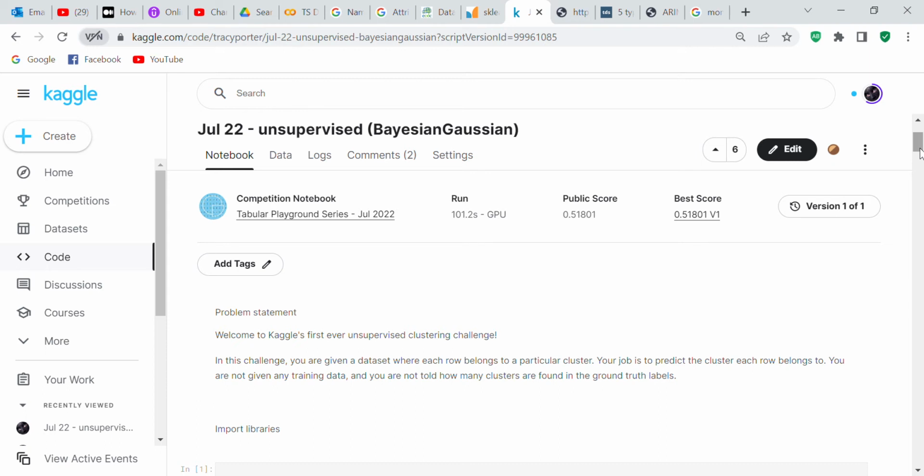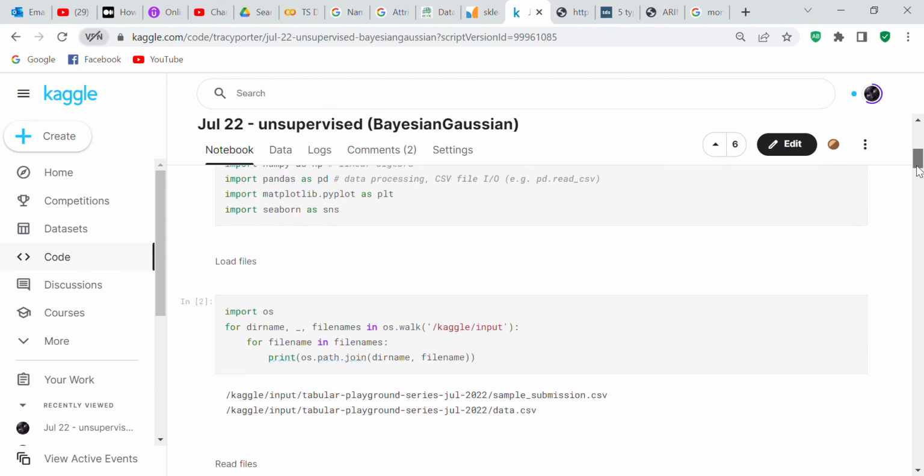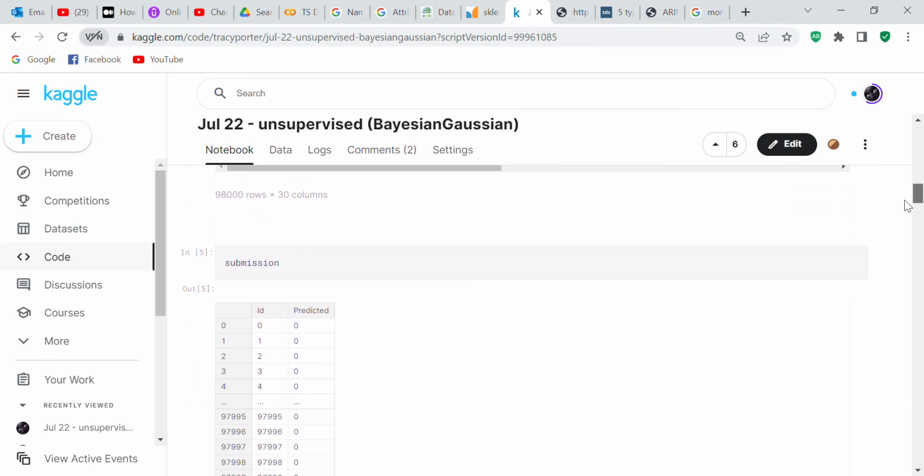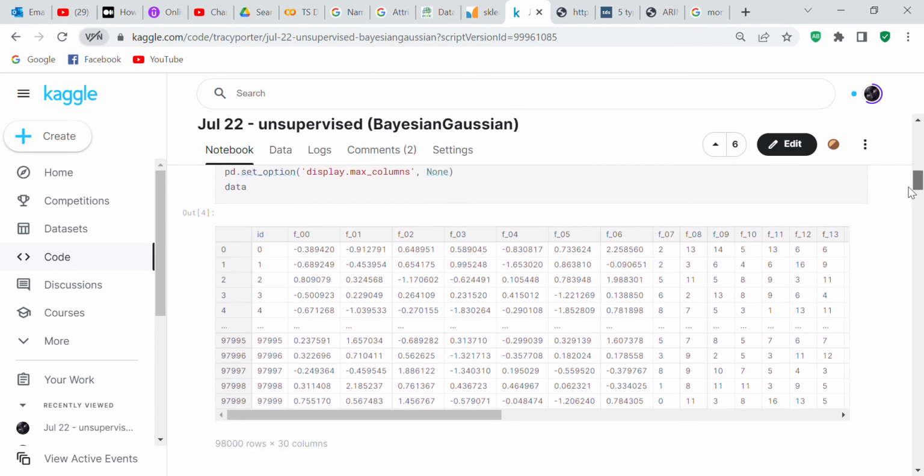And I wasn't very happy with that because there are algorithms out there like the hierarchical and the DBSCAN where you can run it without knowing how many clusters there are, and then it will just pick the clusters for you. But because the data set was so large, I believe the train set was like 98,000 rows.